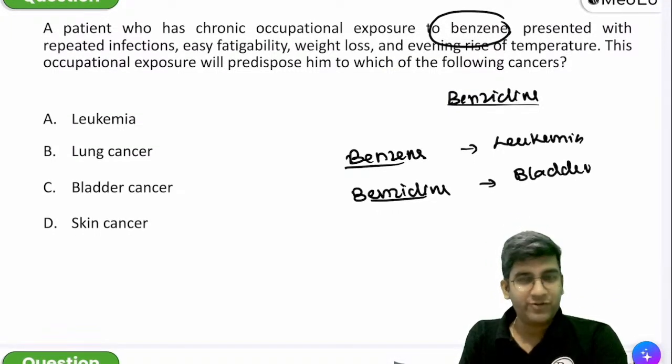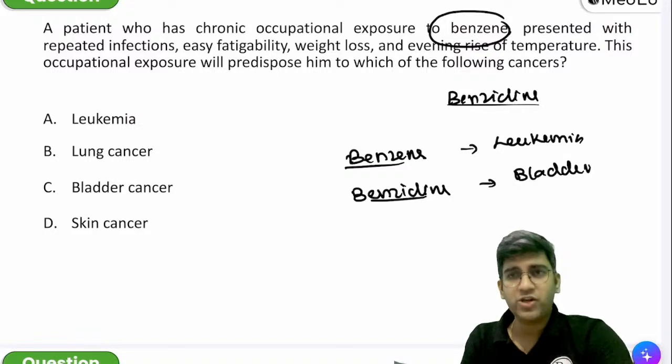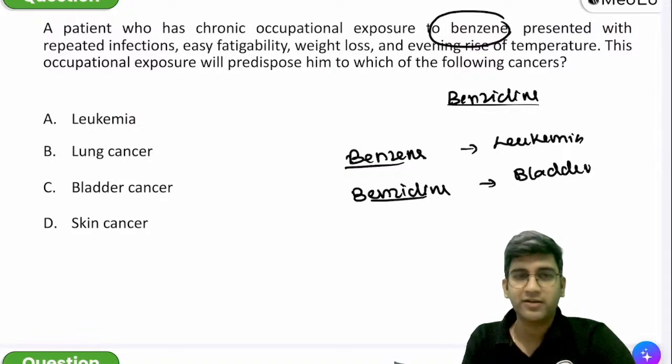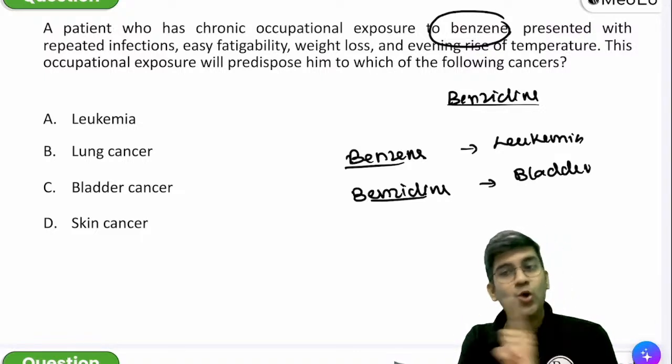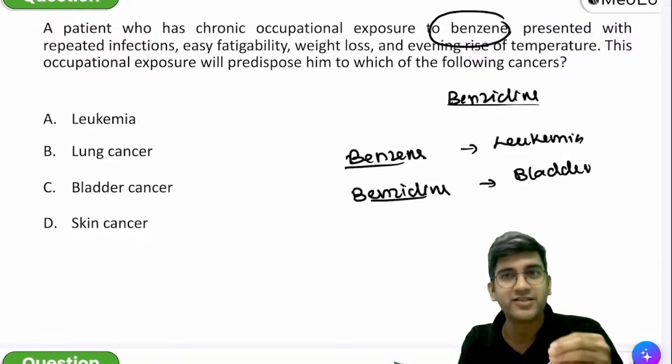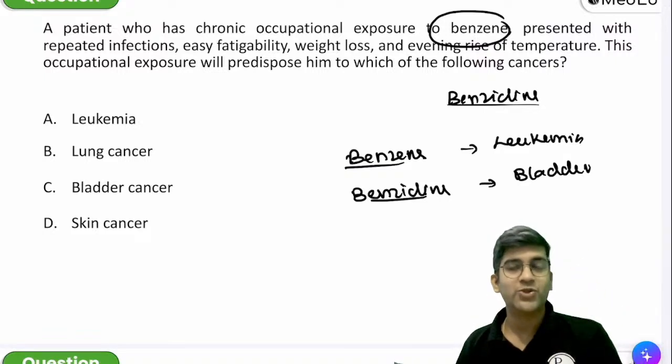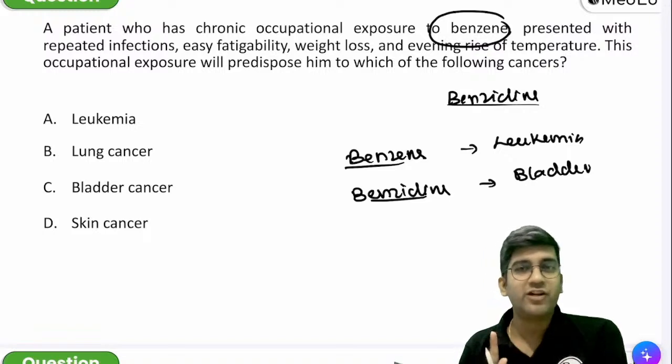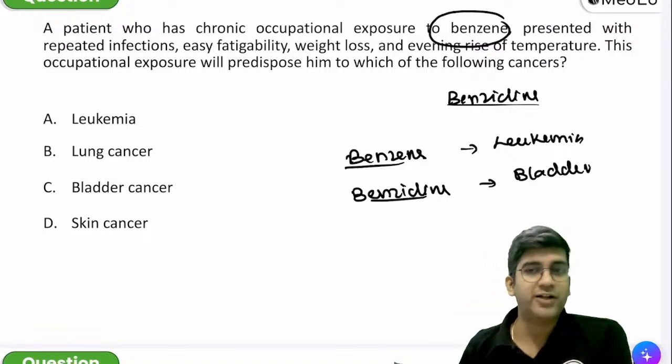The good thing about your FMG exam in the last 2 years or three sessions is it is having lots of scenario based questions. Tell me honestly, are scenario based questions easy or difficult? What is your take? Tell me whatever comes to your mind. Yes or no, that's all. Scenario based questions are actually very easy. One liners are actually very, very difficult because in a one liner, there's no clue. In a scenario, I have 3 lines. There will be some clue, right? The only problem with scenario based questions is if you're lazy and not able to read the 3 lines, develop the attitude. That's all.